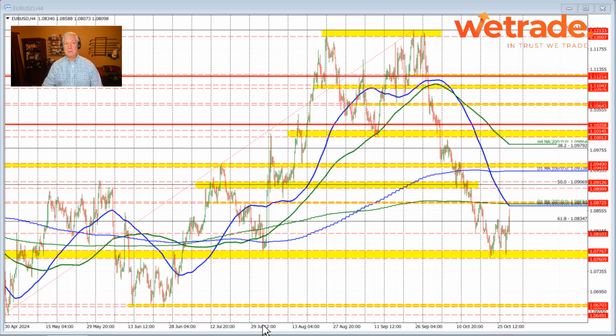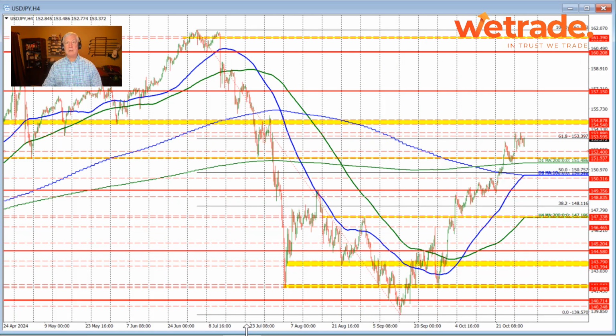Let's take a look at the dollar versus yen next, and then we'll take a look at the 4-hour chart. And when I look at the 4-hour chart, and I go back to this day right here, this was a swing high after breaking lower here. We came back, we formed a high right here, and then boom, to the downside right through there. And lo and behold, in trading this week, what do